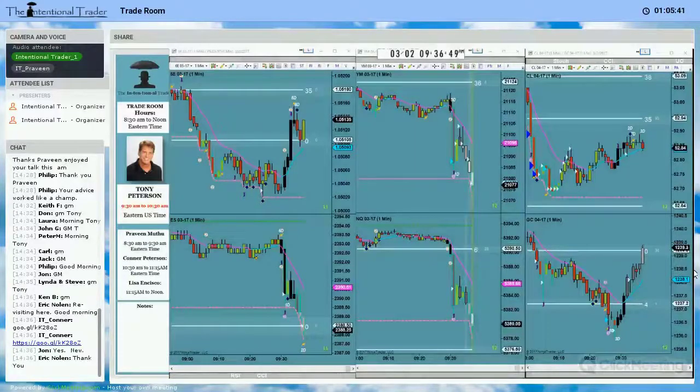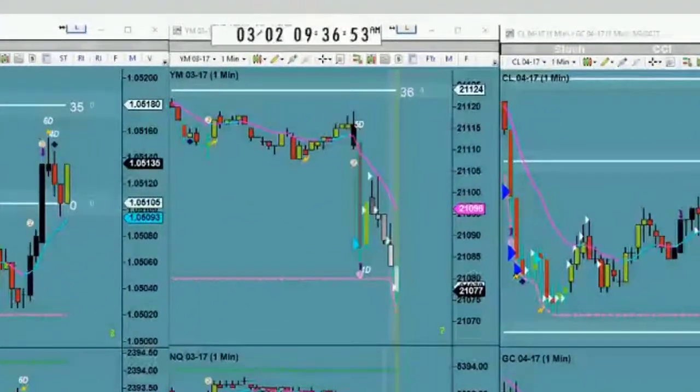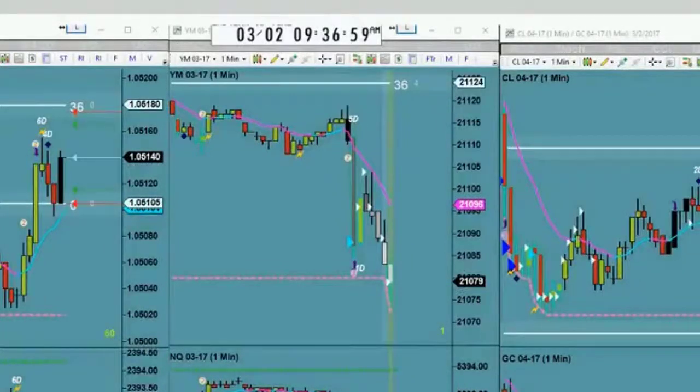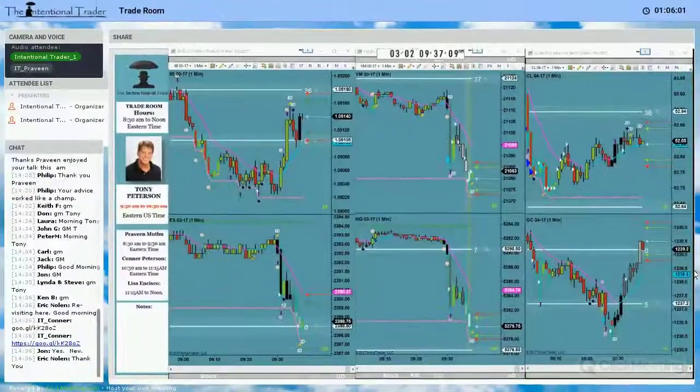Watching the YM right now. We've got this low of the day that we're pushing down. I'm going to need a divergence, 5 ticks or less. That was 8 ticks away. Too far away. Now, there are traders here that just bought that YM